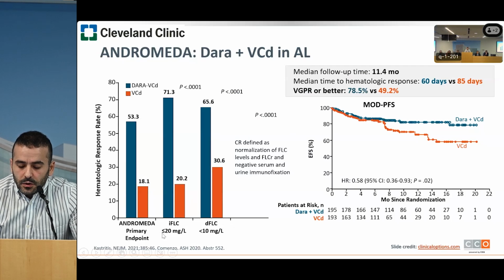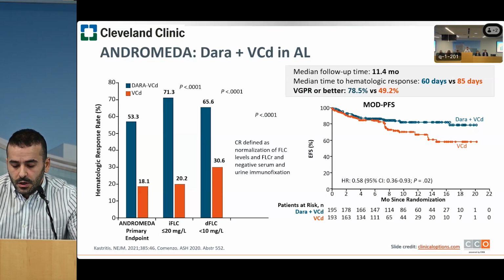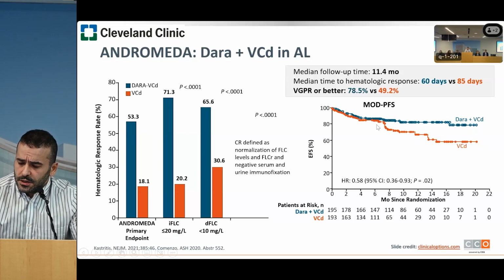Looking at deeper levels of light chains, which is better for patient survival, again, same thing. 70% of the patients achieved an involved free light chain level of less than 20, which is a very deep response. And the difference of free light chains of less than 10 milligrams per liter was also seen in more patients who received daratumumab. Another endpoint that was looked at in this study was the major organ deterioration progression-free survival,